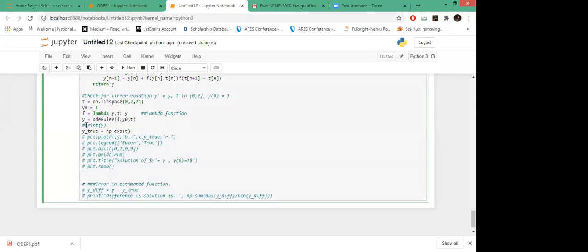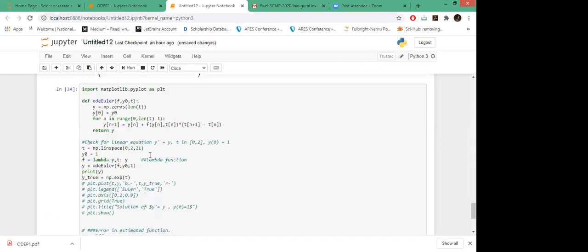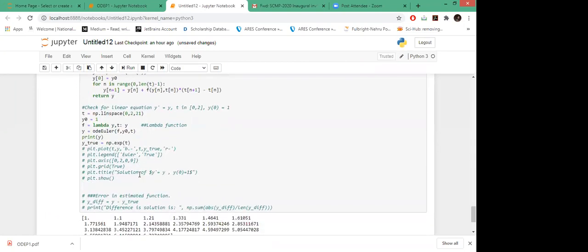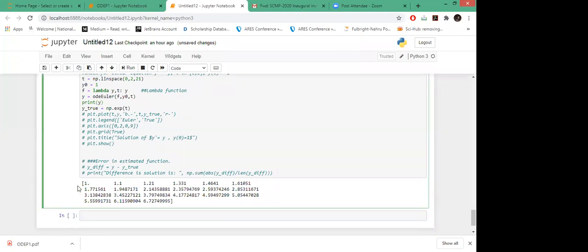Let's see what this y is. Observe that when we have the analytical solution, you directly get the closed form, and you can see the form of the function. But since these are numerical methods with a recursive formula, we get the value of the solution at the points we are passing. So here we have these 21 points, and we are getting the values of the function at these points.